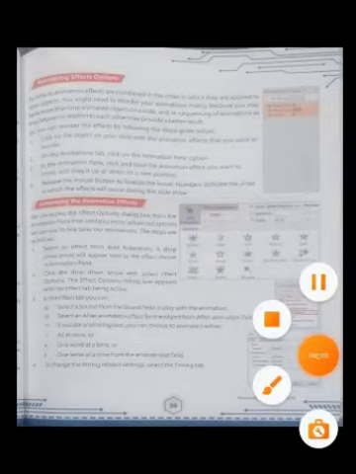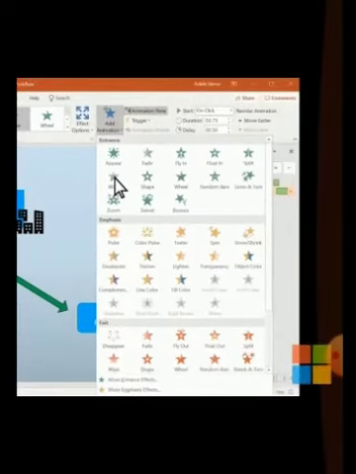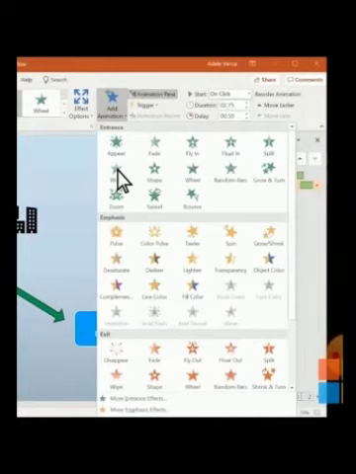Next is enhancing the animation effects. For enhancing the animation effects, I have shown the screen here. These are all the effects and how we are going to provide them. First we can access the Effect Options dialog box, from here I have taken. Then the Animation Pane contains more advanced options we can use to fine tune our animation. The steps are here. First, select an effect from Add Animation. These are the Add Animation options, and we can select an animation.